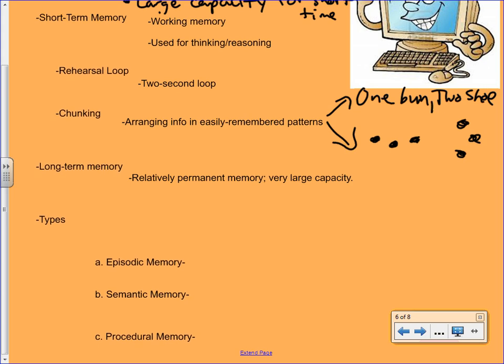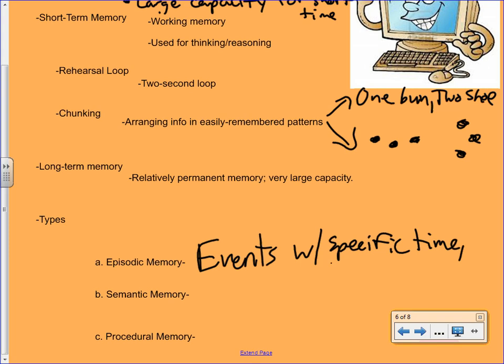There are 3 different types of long-term memory. The first of all is called episodic memory, and the best way I can explain this is kind of like episodes of a TV show. So this is the type of memory that remembers events with a specific